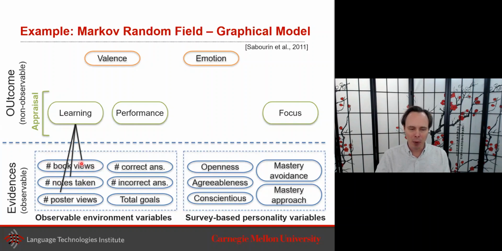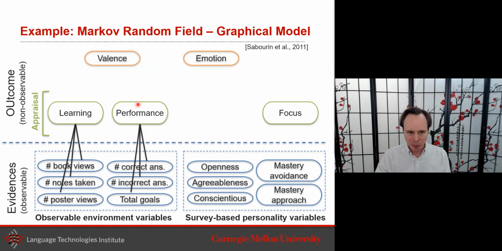And let's say number of books viewed can also be binary, like high number of books that I viewed or low number of books I viewed, high number of nodes or low number of nodes, high number of posters, low number of posters. So the potential, because it's a symmetric relation, is really looking at how these co-occur, how are these co-occurring for performance of high number of correct answers and high performance, or low number of correct answers